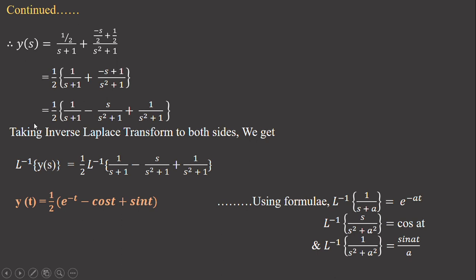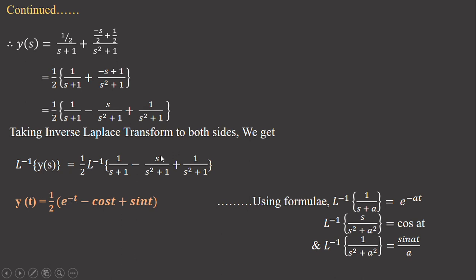So after simplifying it, after getting partial fractions, we next have to take lastly the inverse Laplace transform of both the sides. That will be your fourth step. So take the inverse Laplace transform of both sides. Laplace inverse of Y(s) is equal to half, as it is constant. Laplace inverse to each and every term you will apply. So Laplace inverse of 1 upon s plus 1. This is that formula: 1 upon s plus a, the answer is e raised to minus at. So here it is e raised to minus t, a is 1.